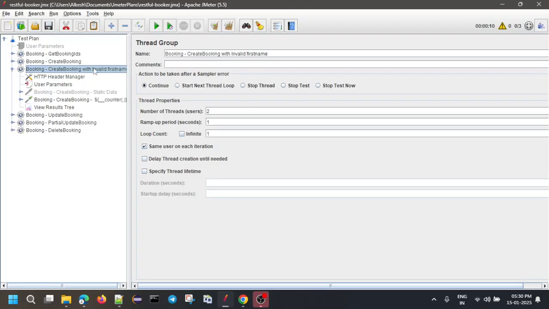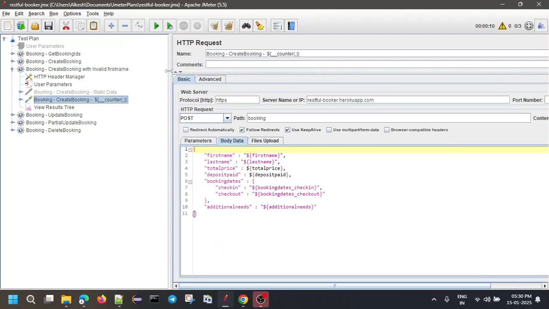Now here in the request, I'm going to modify this first name because I don't want to enter a string here. So I'm just going to keep this without